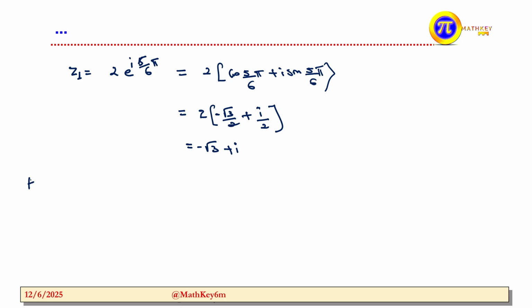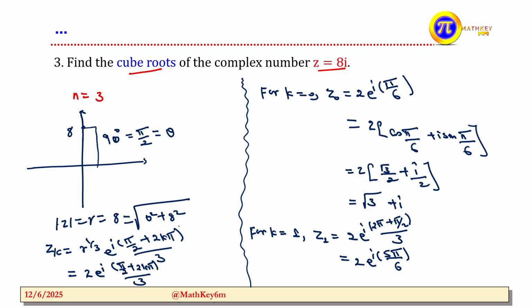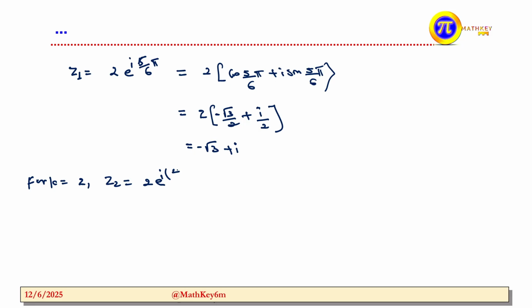Next one, for k equals 2, which implies z2 is equal to 2 times e to the power of, when we insert here, what power? This is equal to 2 times 2, that is 4 pi. 4 pi times 2, that is 8 pi, plus pi, that is 9 pi over 3, which is equal to 4 pi plus pi over 2, divided by what? That is 3,